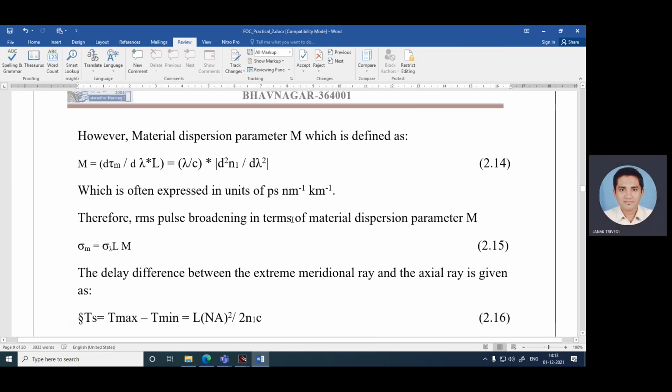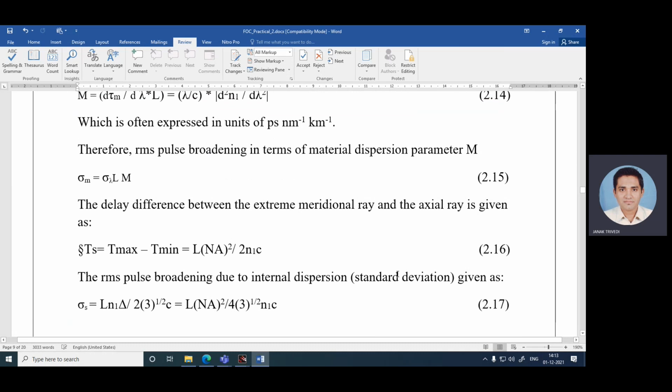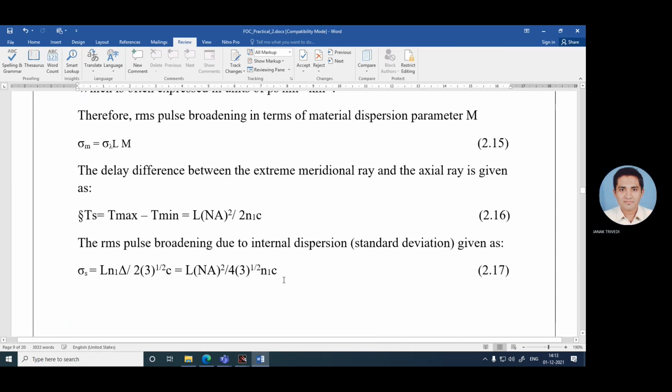Therefore, RMS pulse broadening in terms of material dispersion parameter M, sigma M is equal to sigma lambda L into M divided by 2.15. The delay difference between the extreme meridional ray and the axial ray is given as delta Ts, that is equal to T max minus T min, that is equal to L ns square divided by 2n1c, equation 2.17. The RMS pulse broadening due to internal dispersion or standard deviation is given as sigma sub x,